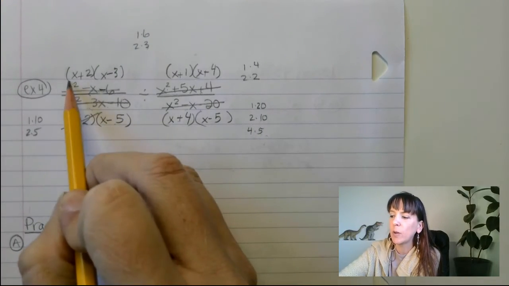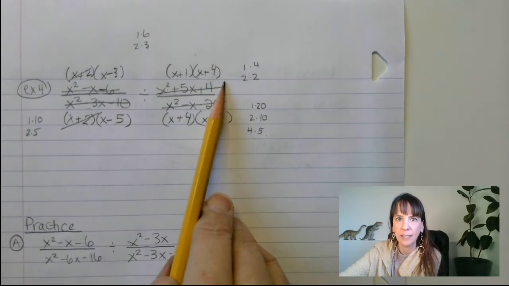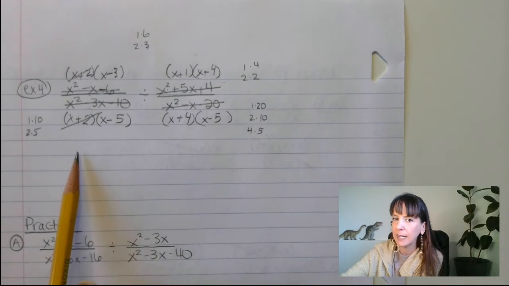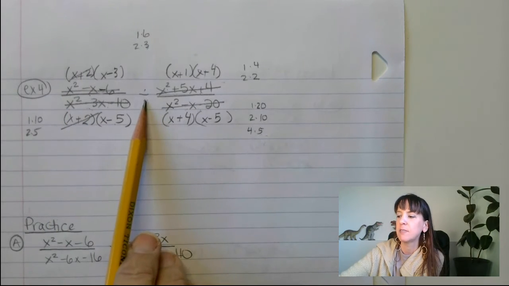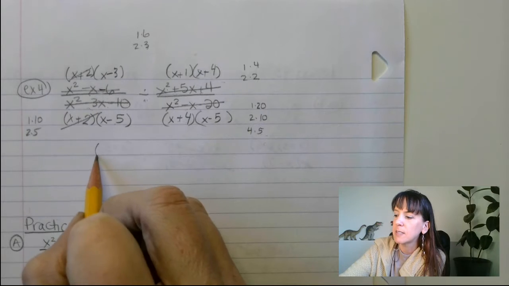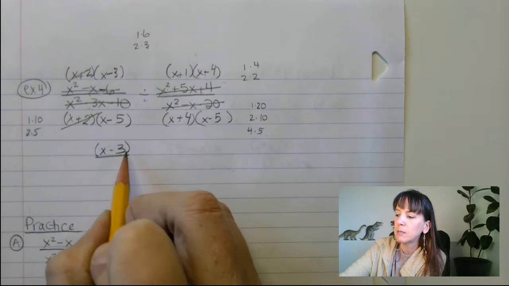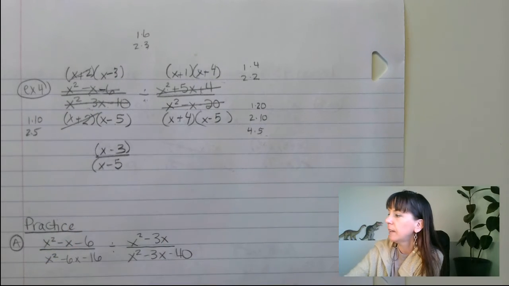All right, so these guys, I'm going to cancel this with this. Now, don't be cross-canceling just because they're on the same line. We can cancel it out, but you can't cross-cancel because that's a division. So what that leaves me with is x minus 3 over x minus 5